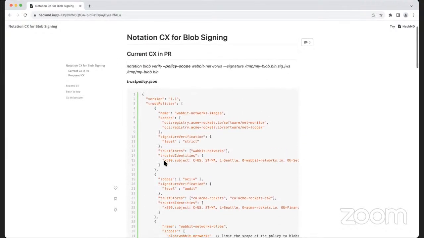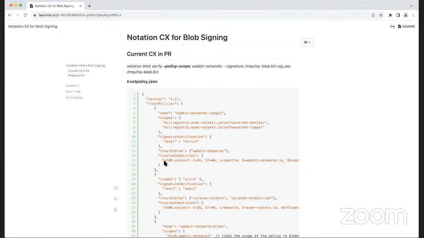At that point, that experience was designed only with images in mind, and now we are extending it to blobs, which is a new artifact. So we are having to extend the CLI experience and the trust policy experience.